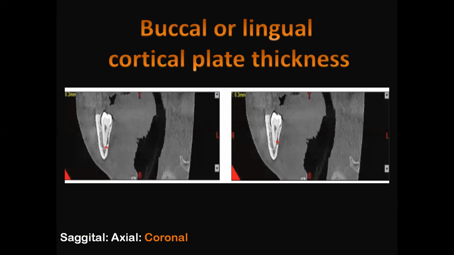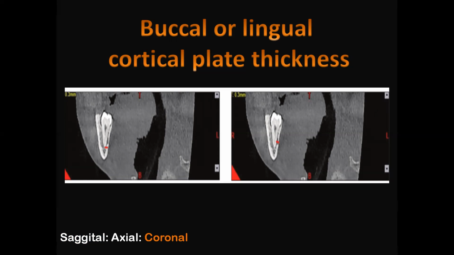Now, as I told you, the buccal and the lingual cortical plate. Most of the time we know that on the buccal side there is an external oblique ridge, and on the lingual side. Now you need to understand the root; we need to see where the tooth is, whether it is close to the buccal side or close to the lingual side. If it is close to the lingual side, you can see it over here. We need to measure the width, how much bone it is, and how thin the lingual bone is.